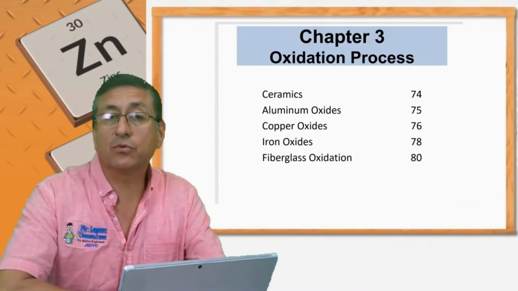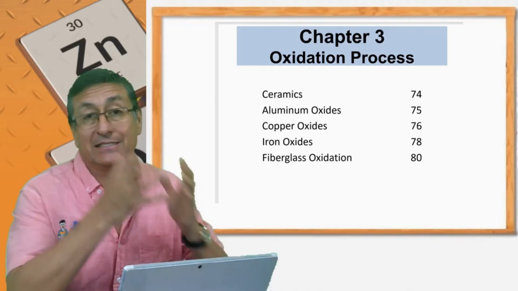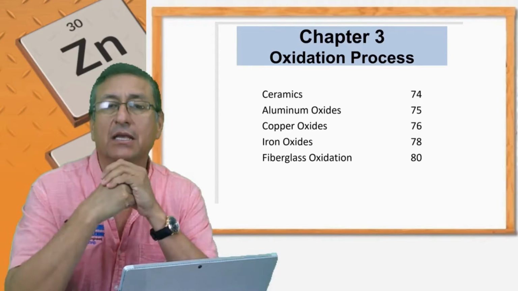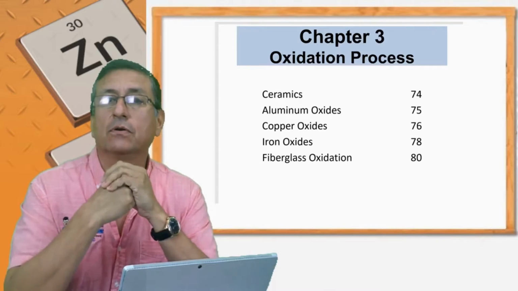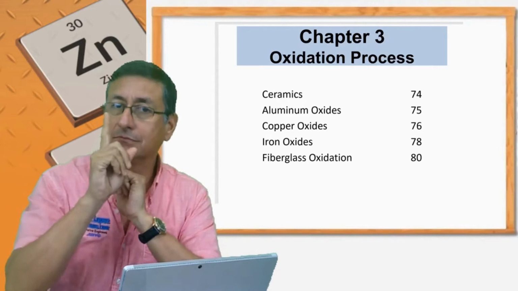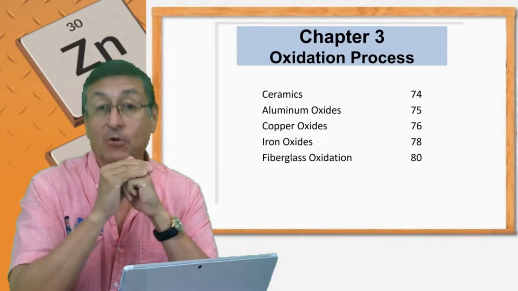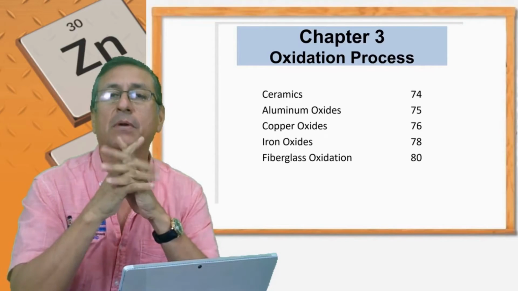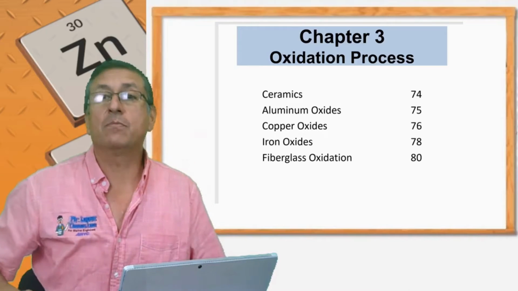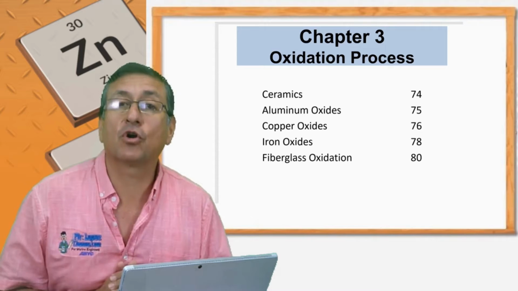In this episode, the second episode of chapter 3, we are going to talk about ceramics. It's important in our study of corrosion. Ceramics is basically the result of the oxide of metals. Not only oxides of metals produce ceramics. There are other organic elements that produce ceramics, and right now we are going to talk about that. Ceramics, and how important are ceramics in our business, in the business of corrosion.